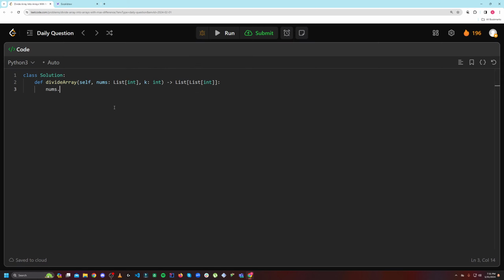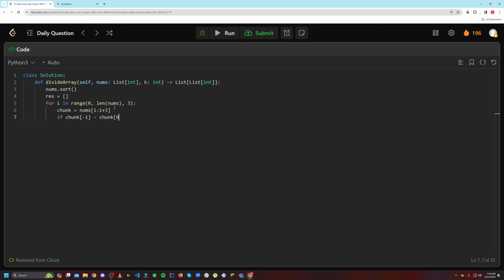Essentially, we're going to sort these numbers, and we need to divide it into chunks now. We can have a result, and we're going to loop through and get a chunk at a time. So we'll say for i in range 0 to length of nums, and we want each chunk to go up by 3 elements, so we'll have a step of 3. We're just going to get a chunk, so the chunk will be nums i to i plus 3, a chunk of 3 elements. Now we check, are the first and last elements k apart or less? So if chunk -1 minus chunk 0